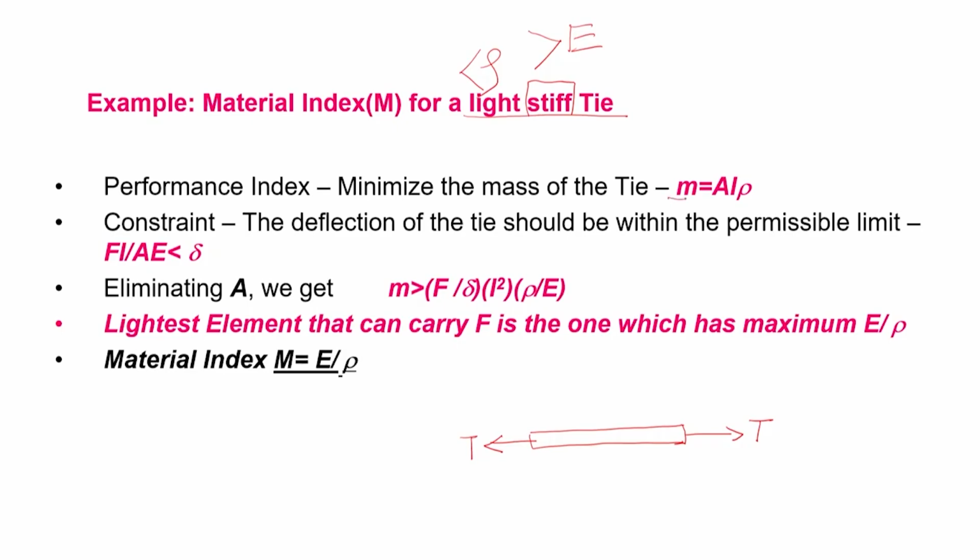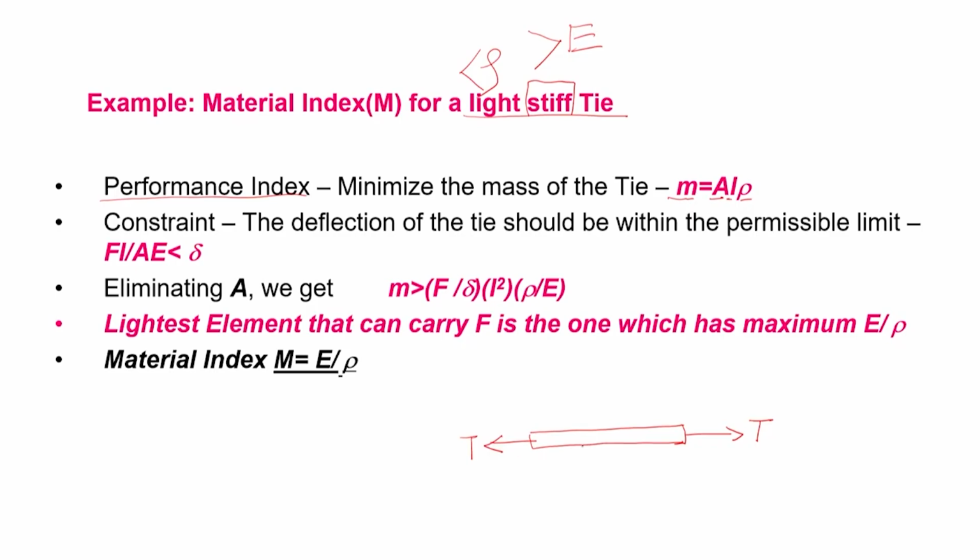M is area of cross section, length and density, product of the three, right. So, we need to minimize this mass, that is what is my performance index, right. In order to get a light stiff tie, we need to minimize the mass. Now, what is the deflection of the tie? Well, I will not go into the details of structural engineering, but you can get it as a ready-made formula